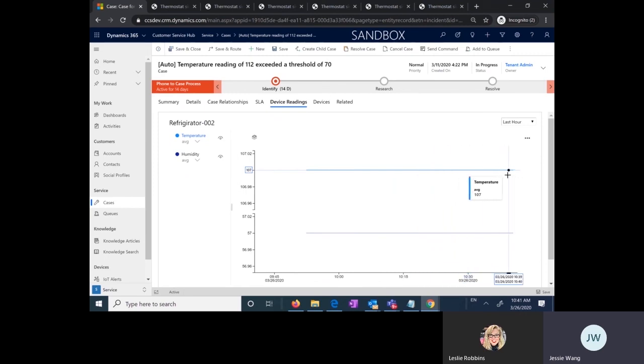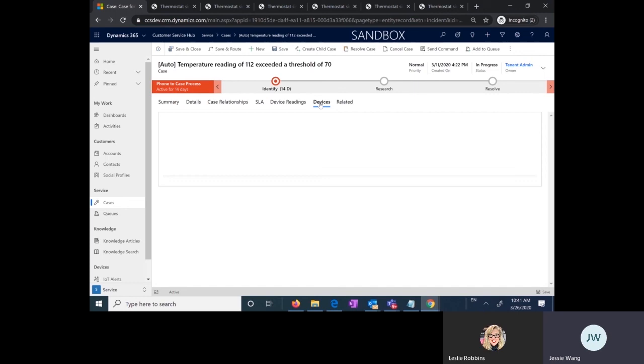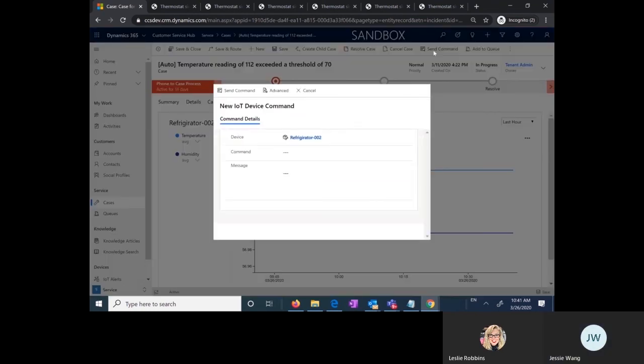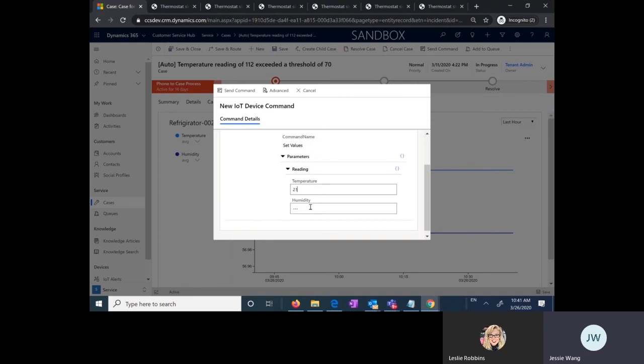So that's why the case was auto-created, right? At this time, you don't have a drop-down menu here because you only have one device associated with the case, which is one here. So, I'm going to reset the temperature here. At this time, the device is pre-populated because it's a one case to one device relationship. I will continue to use this pre-configured IoT command. This time I will change to 21 degrees and 21 degrees, and